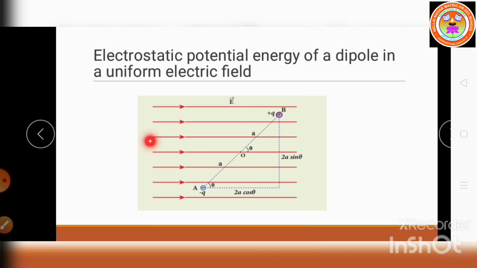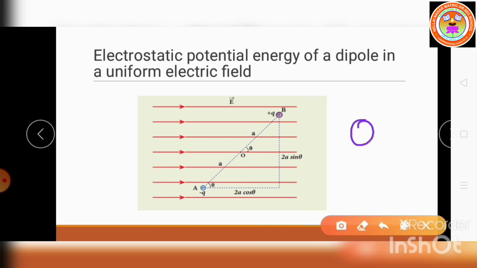Because here the electric line, the positive charge will attract the negative charge, and the negative charge will attract the positive charge. So what happens when you place the electric dipole in a uniform electric field, it will align along the electric field. Now listen children, if we want to rotate this electric dipole at a constant velocity, from the initial angle we are going to take as theta dash, to our desired angle, that I am going to take as theta. So if we want to rotate, we have to do some work.